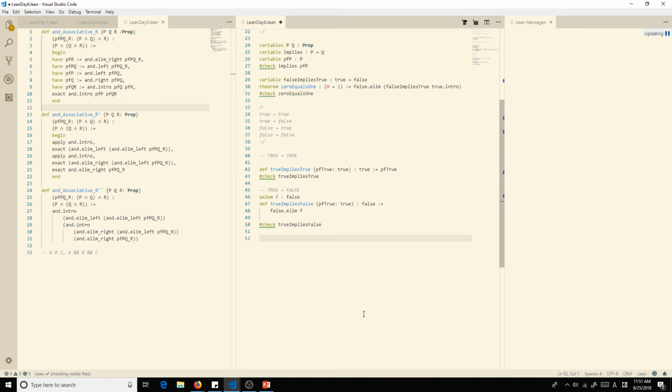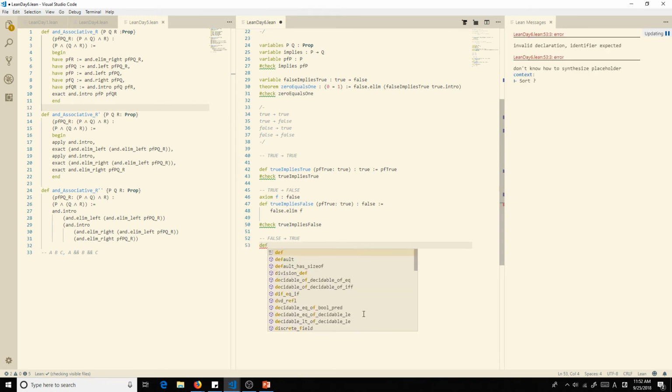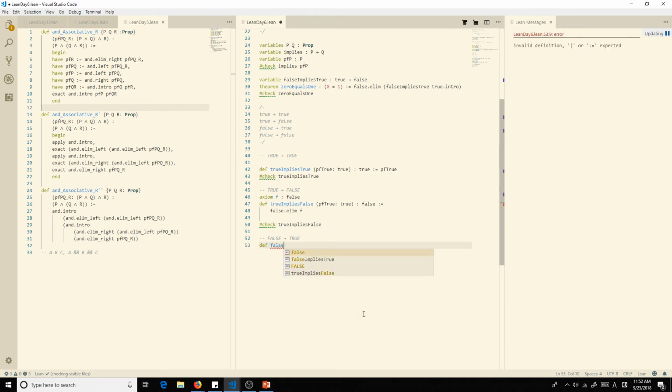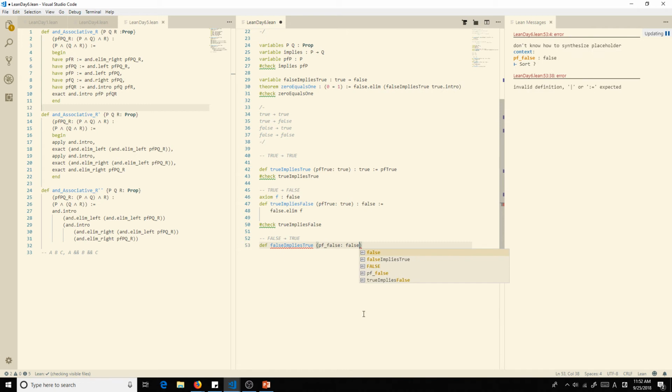All right, for our next magic act, we are going to go with false implies true. Again, let's just do the same we did last time. There we go, false implies true. Give ourselves a proof of false, proposition false, true, and the bind.